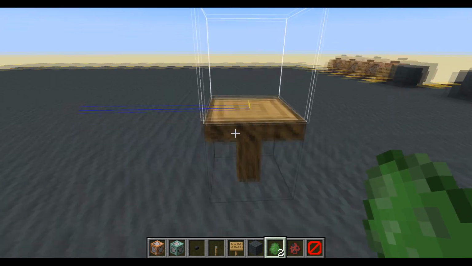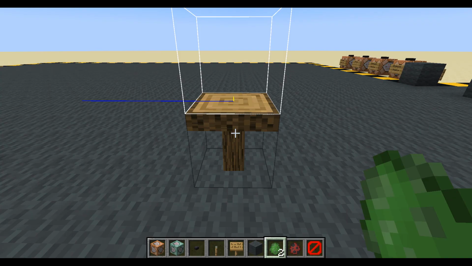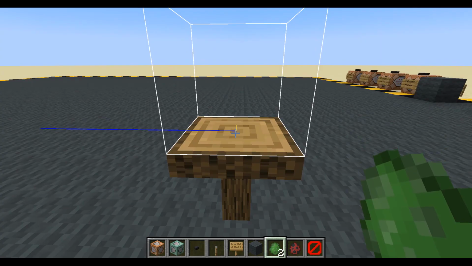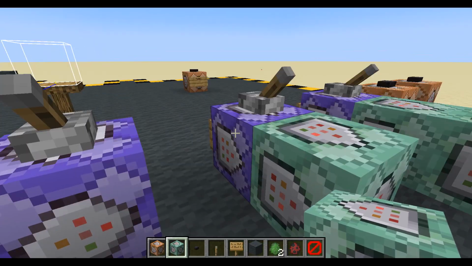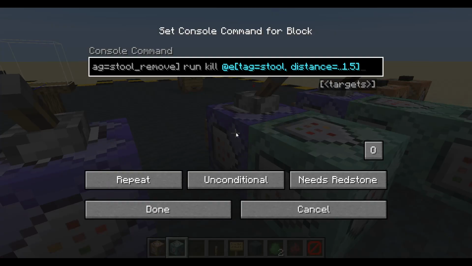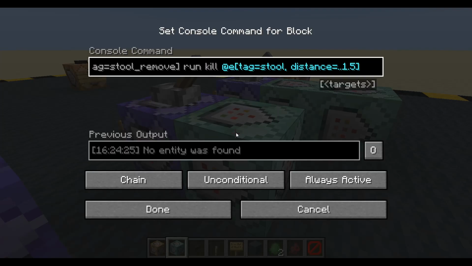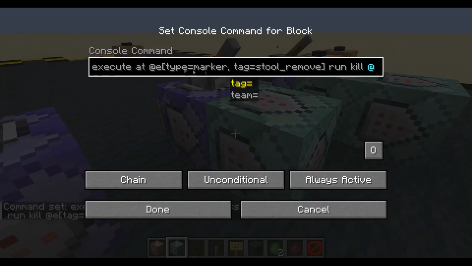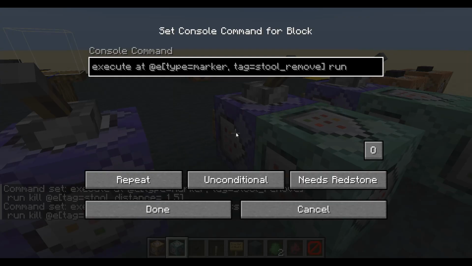So I think we're just going to do a generic sort of kill. How can we kill that block? How can we get next to it? Maybe we could execute at the nearest interaction entity. Let's try that. Well, there won't be an interaction entity, so we'll copy that first, X, and we'll put that into the second block. And here, actually, can we copy from the beginning? Type marker tag stool remove, run, copy that, done, put it in there, run,